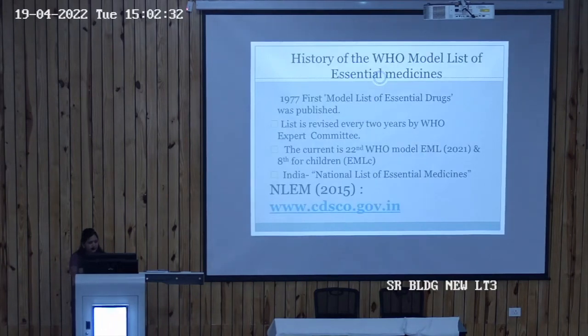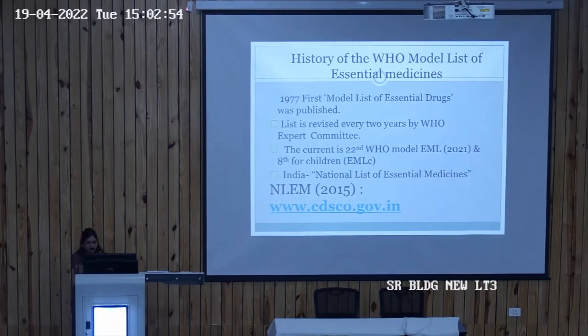Now how it was started is 1977 when the first model list of essential drug or the medicine was published by WHO. Now this is considered as a model list. जो WHO list बनाता है, that is considered as a model list,